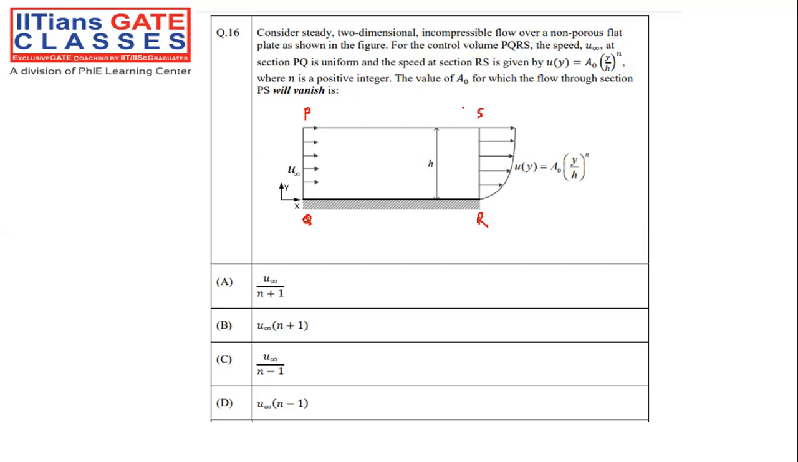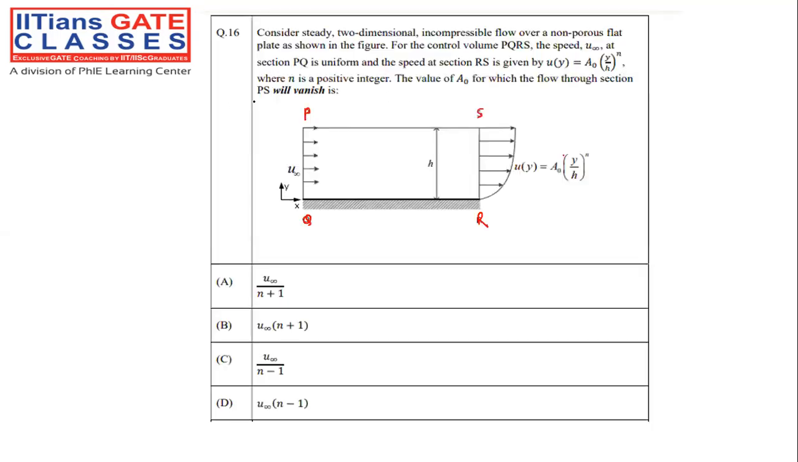vanish. So it's a very simple and very basic question, but for that we need to understand something that has already been discussed in the fluid mechanics class, in the boundary layer theory. So first of all, we have to note down the equation. U of y is given as A naught into y by h to the power n. Now we need to find the values of A naught such that there should not be any flow through this particular PS section. To understand the solution for this question, let me take you through the